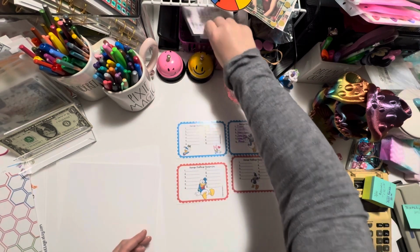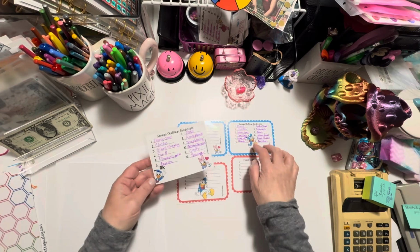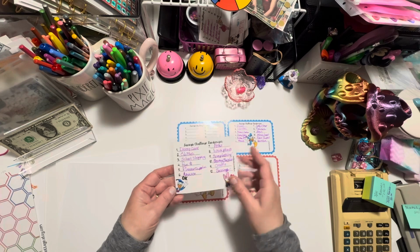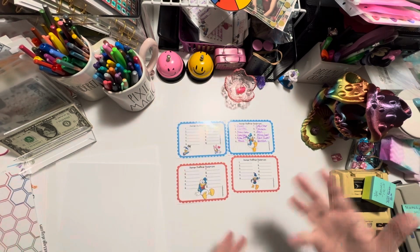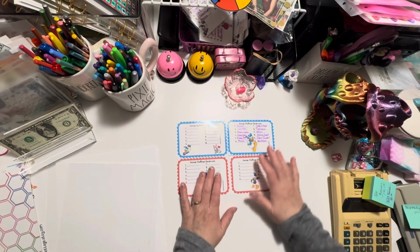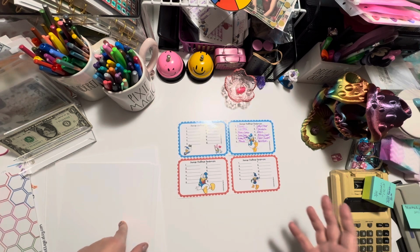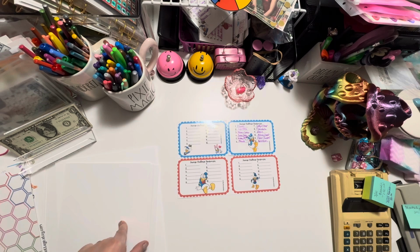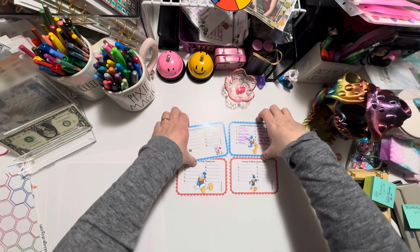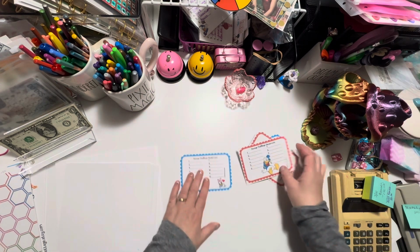And as you can see, this one has no scallop border. This is a different download than this one will be without the scallop border. But for now, this is the one that's going up. You print it on 8.5 by 11 paper. I laminated it so I can erase these and use it over and over again. And then I trim them up. So that is one thing that will be up in the Etsy shop